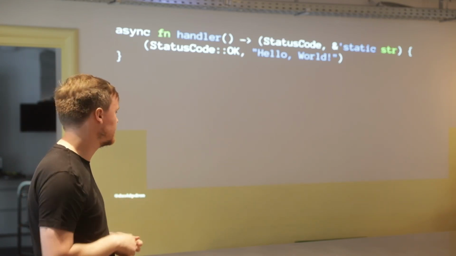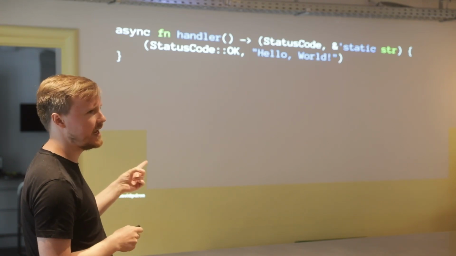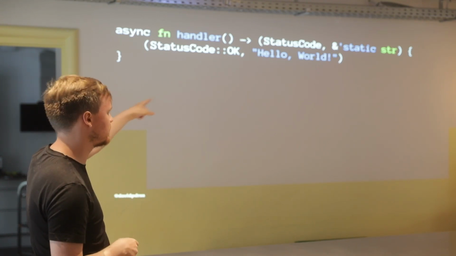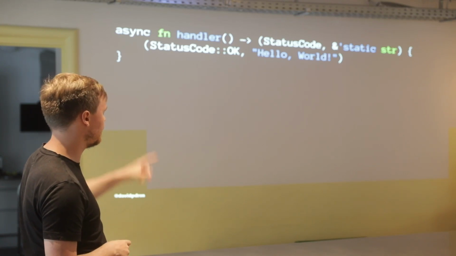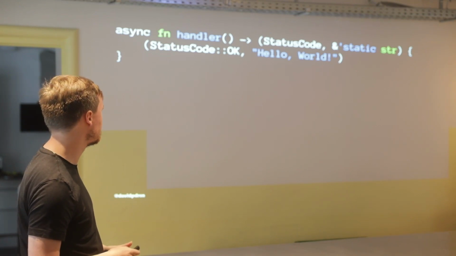And then we just put the bytes in the response. And then we set the status code. Status code OK is the default, so you can actually just return a string that does the same. But if you put like not found or whatever, it would sort of override the default status code there.